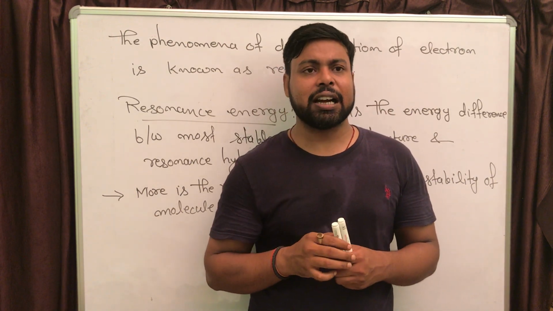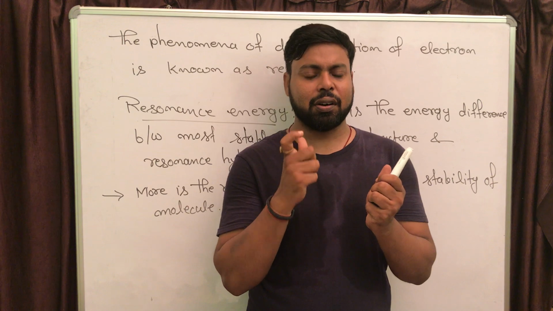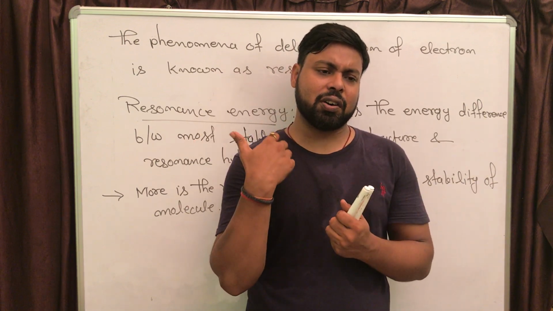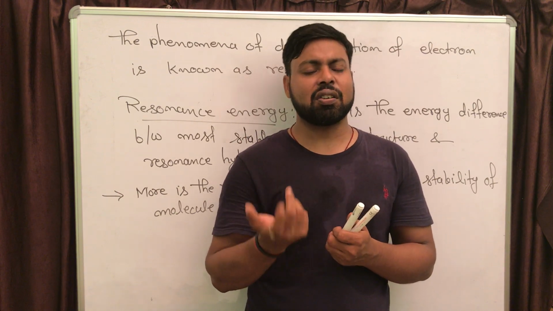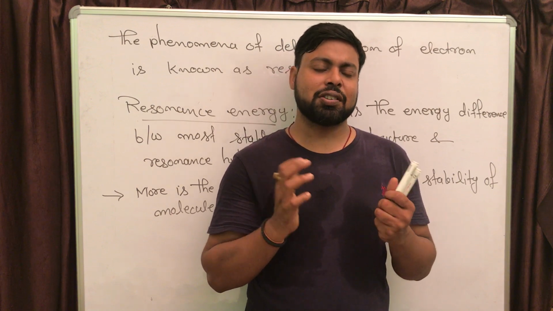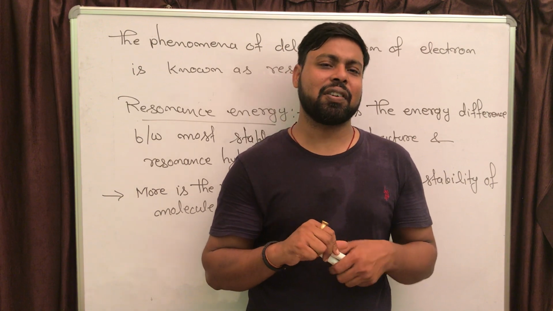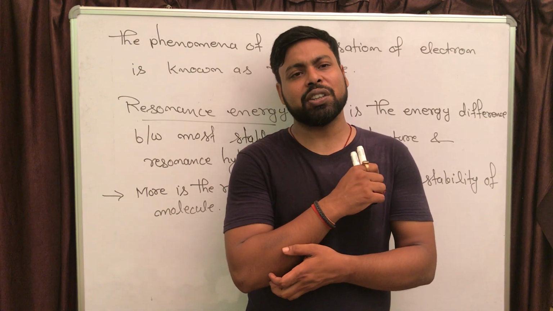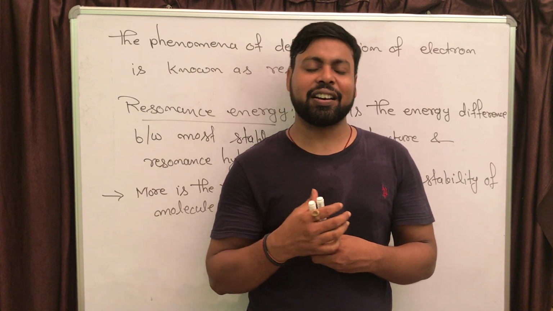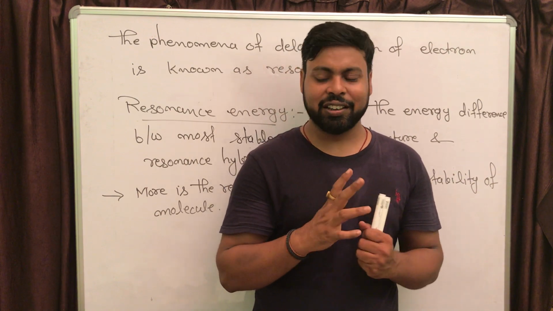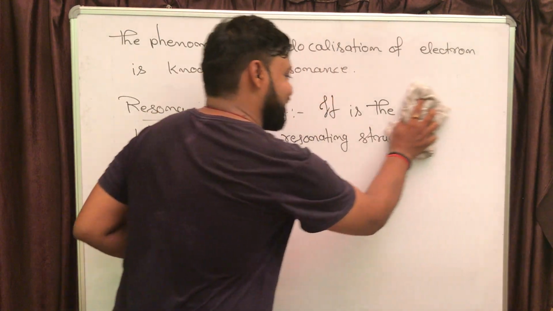Sometimes in a question there will be given 4 options of 4 resonating structures of a particular compound, and then it can be asked which resonating structure is not valid or which is not correctly representing the resonating structure. Such type of question may be asked, and for that there are 2 statements that can be used to decide whether the given structure is the correct resonating structure or not, right? So let's write those 2 conditions also, and then we are going to end the class.